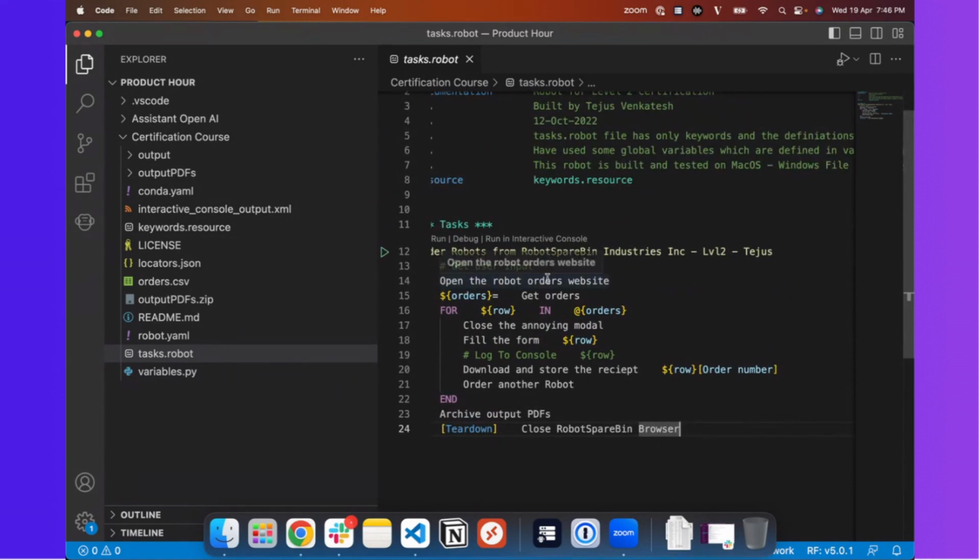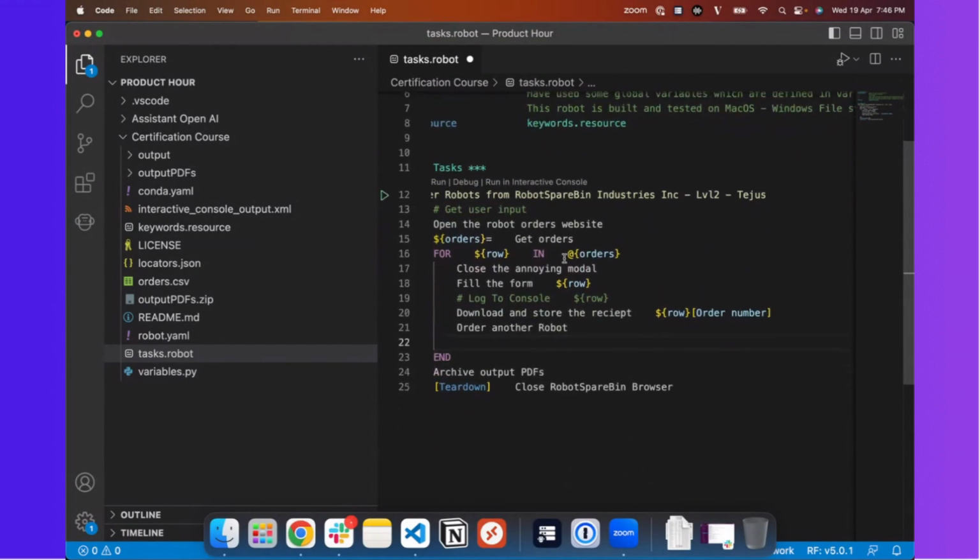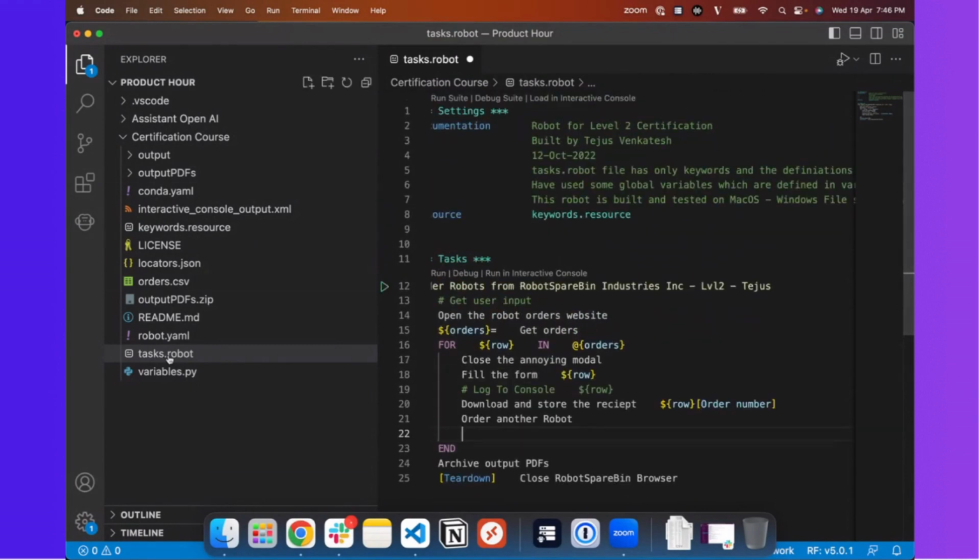Okay, so most of you have gone through the certification courses and you might be familiar with the robot. But what I'm trying to show you here is the ability for it to understand and auto-complete some of the keywords. Let's go to maybe keywords library, maybe another example.